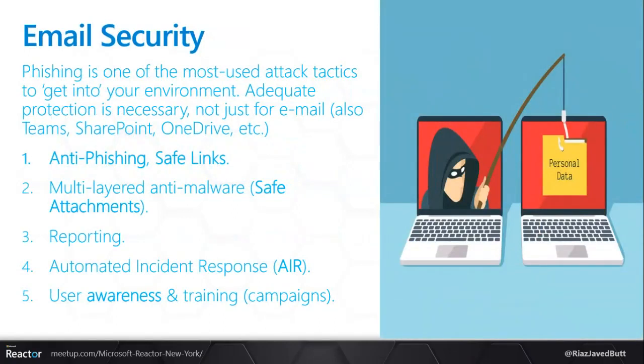Next thing is the email security, right? So when we talk about email security, the biggest threat is phishing emails, right? You have an email coming in with urgency, and the users share sensitive information as part of that. Office 365 ATP can be used to protect the emails, and what it does is it has three major components,